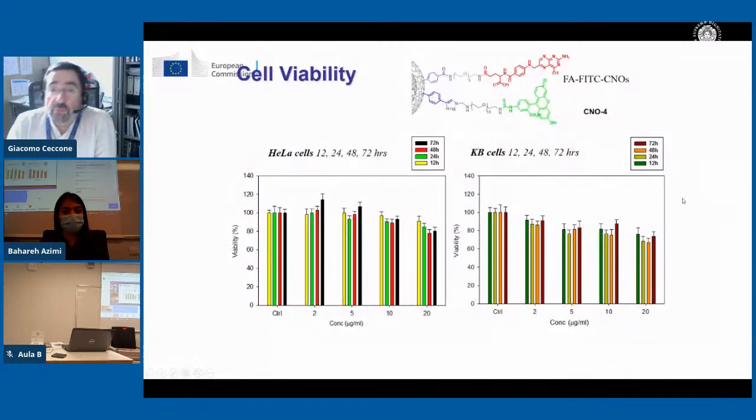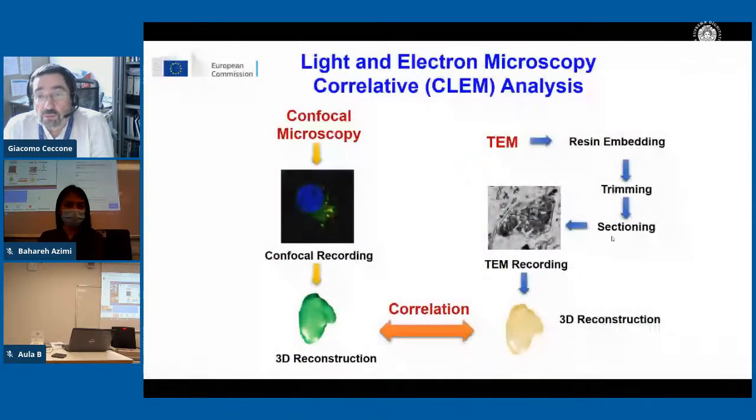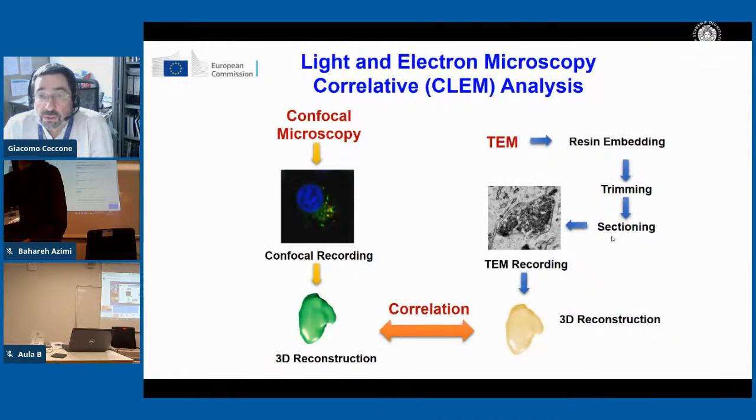The other problem was to see if these nanoparticles were essentially internalized by cells. So we did this with HeLa cells, and we can see that they are definitely internalized, in the perinuclear region, but not in the nucleus. Also, we did some correlative light and electron microscopy (CLEM) analysis by looking at the confocal microscope on one side